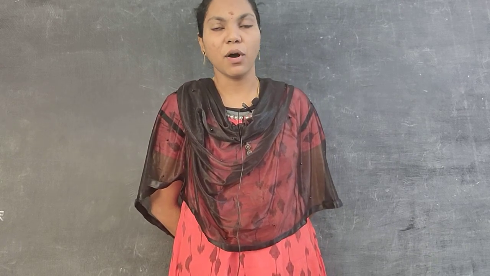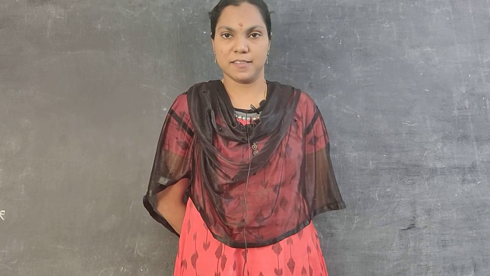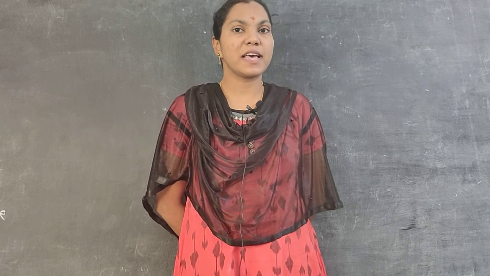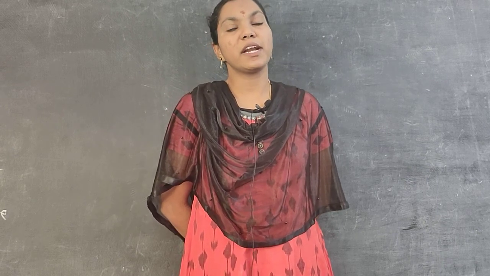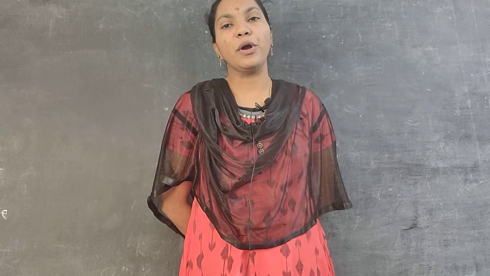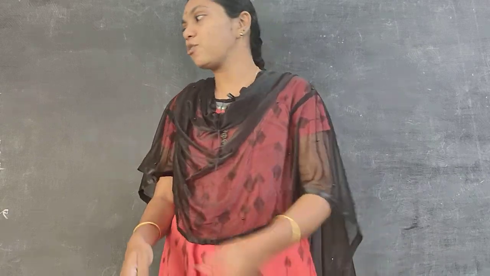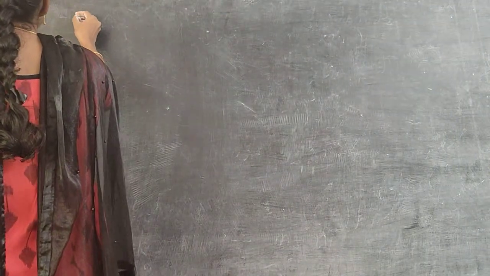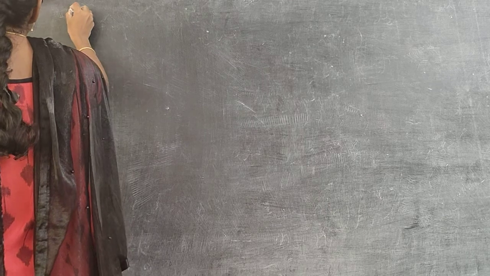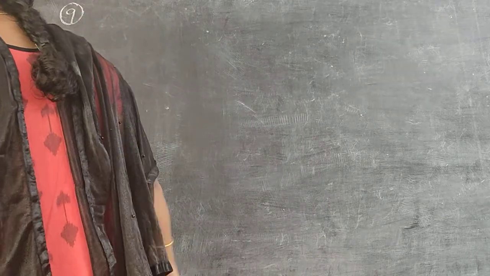In the past video I clearly explained the textbook questions and answers. Total 10 questions were completed in the past video. Now the remaining questions and answers we are going to explain in this video. After the 10th question, the first question is the 9th question. From the back onwards we are explaining. What is the 9th question?